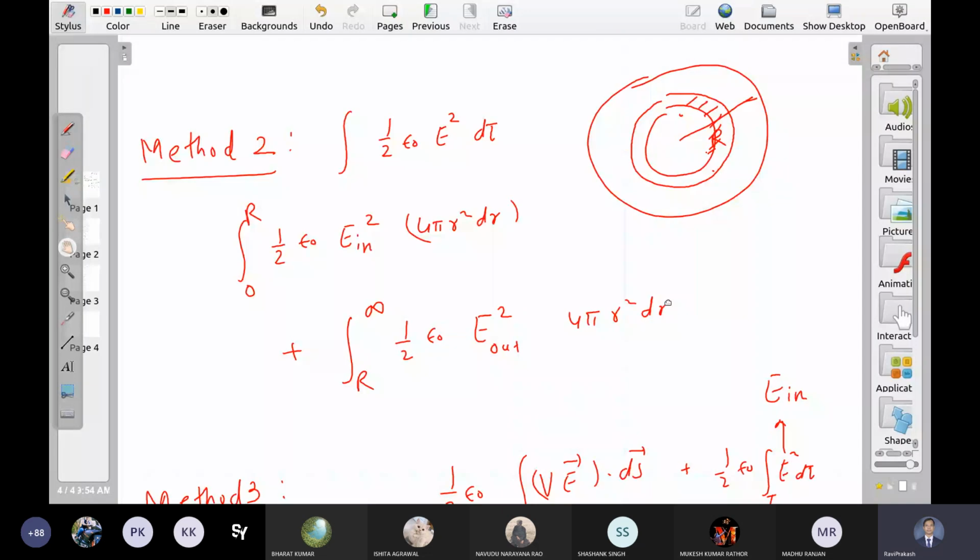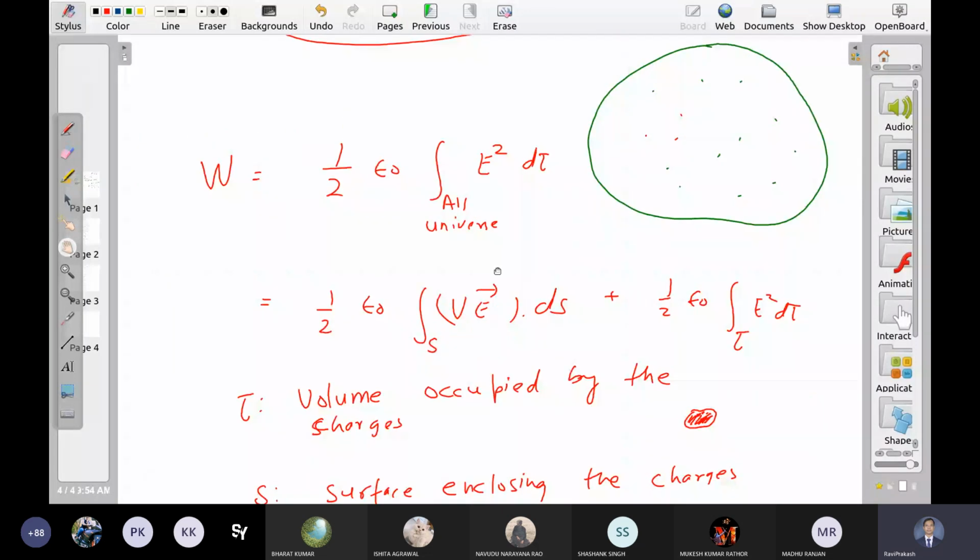So this is a simple looking formula. What is the drawback? We have to do the integral over the whole universe. जहाँ चार्ज था वहां तो करना ही है, जहाँ चार्ज नहीं था वहां पे भी करना है. क्यों करना पड़ रहा है? If you look at this formula, where is energy stored now? कहाँ बताएंगे कि एनर्जी कहाँ पर है? चार्ज है वहाँ. It looks like it is in